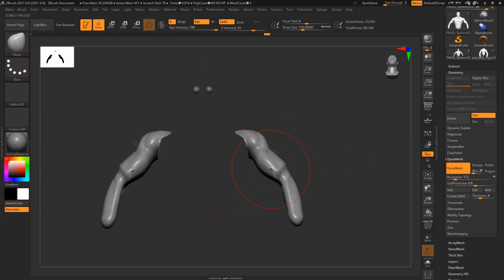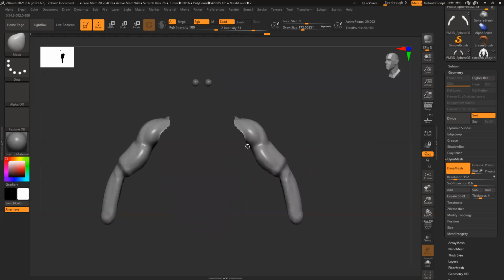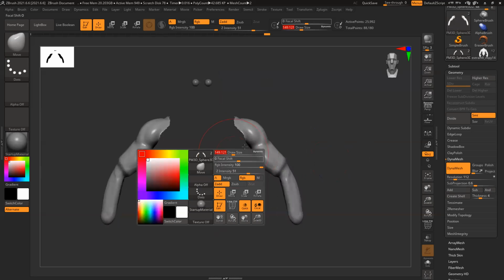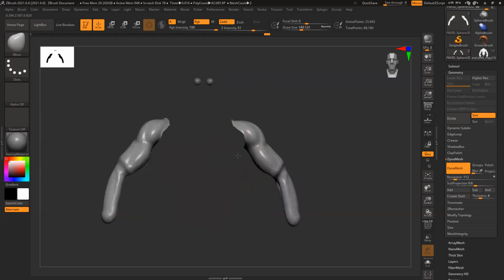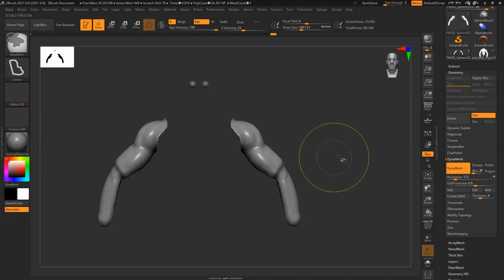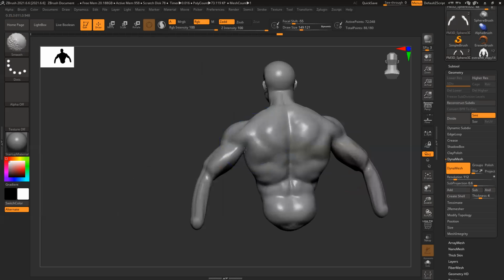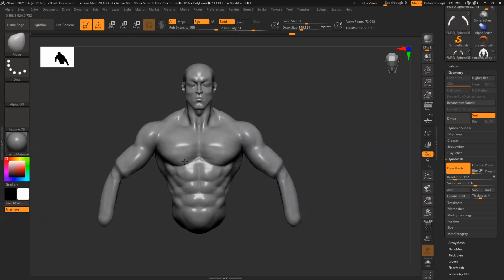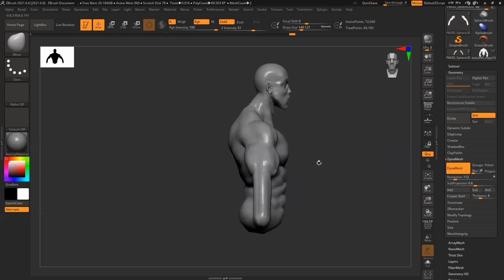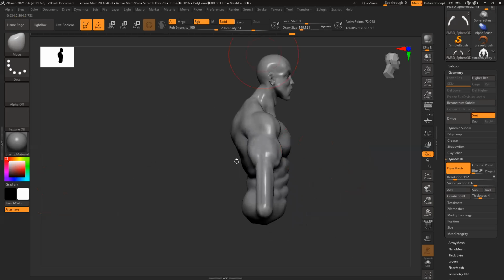Okay, so for the hands, the underarms are really thin, so they should be broadened, and then balance this out, because we are still blocking. It doesn't matter. We'll modify all these things continuously. You can see it's coming together a little, but it's still not accurate yet, because we are still blocking. We are doing it from a sphere, so slowly we have to correct things one by one.